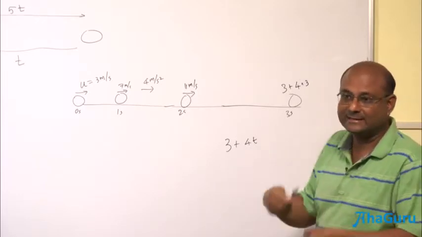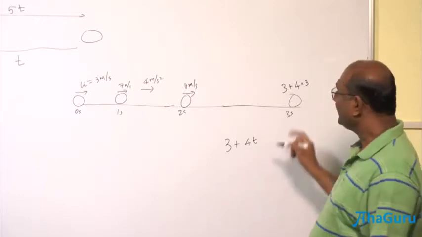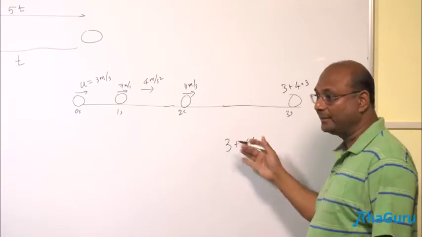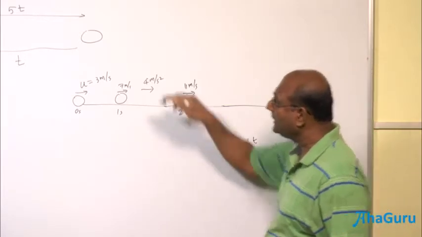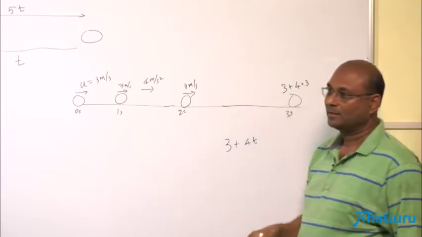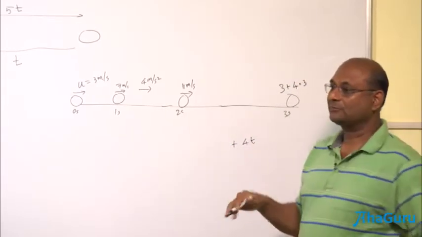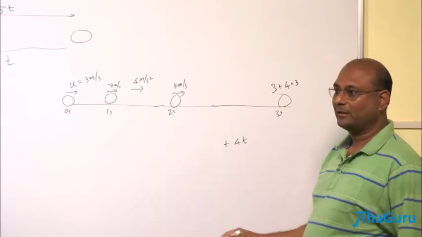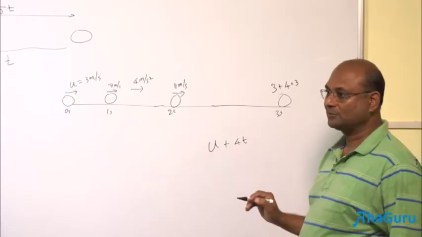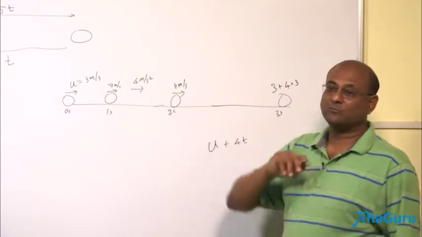Because every second it increases by 4, in t seconds it will increase by 4t. What increases by 4t? 3 increases by 4t. So 3 plus 4t. What if instead of 3 it was 5? 5 plus 4t. If it was u, u plus 4t. Now this increase was not 4 but